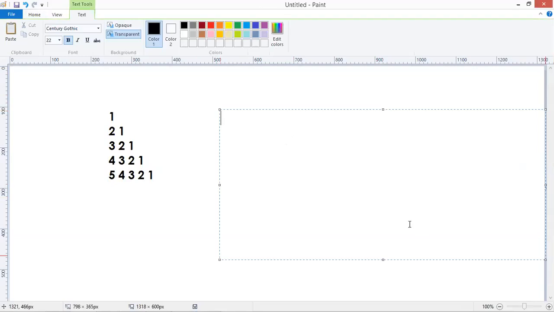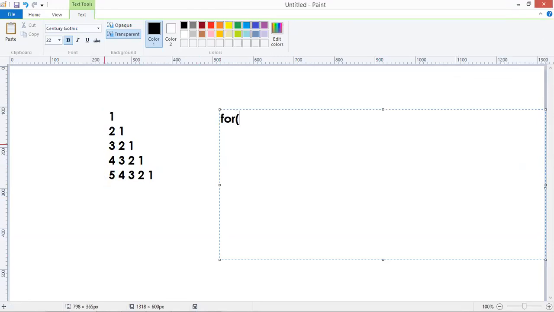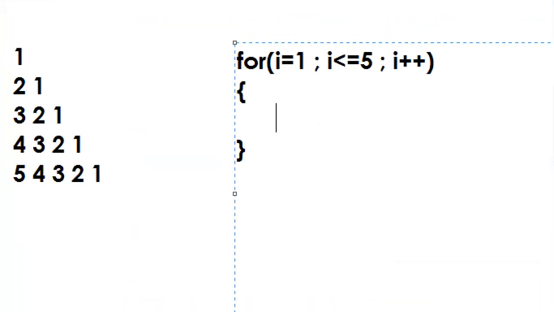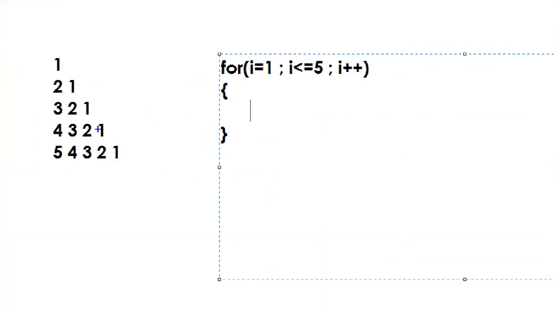For loop we are repeating. What is changing in the outer loop? See, 1, 2, 3, 4, 5 is changing. So first you please write that outer loop. i value starts from 1, i is less than or equals to 5 and i plus plus, because it is increasing order only. In the decreasing order means what? Here it is in that nested loop.